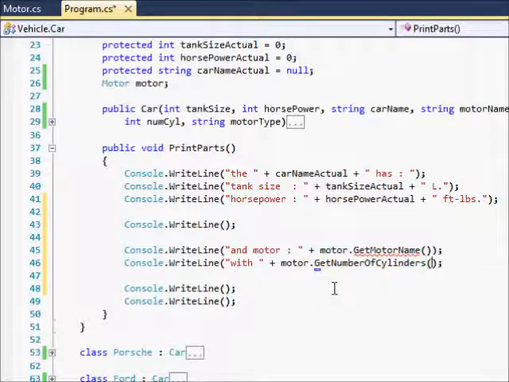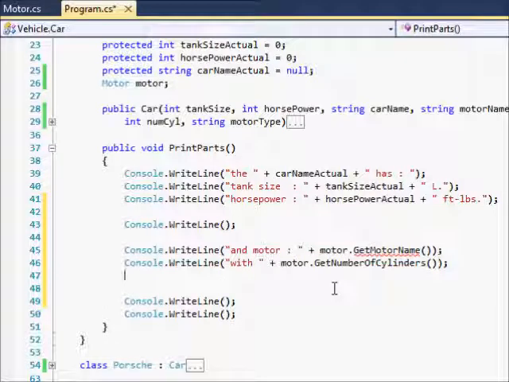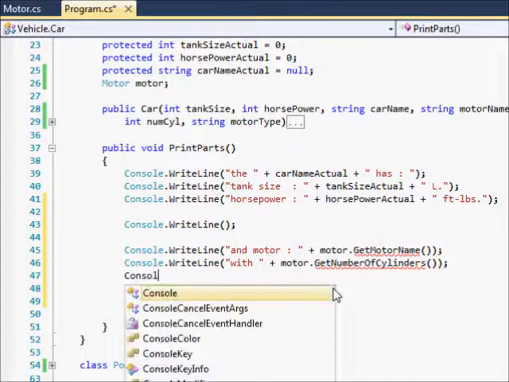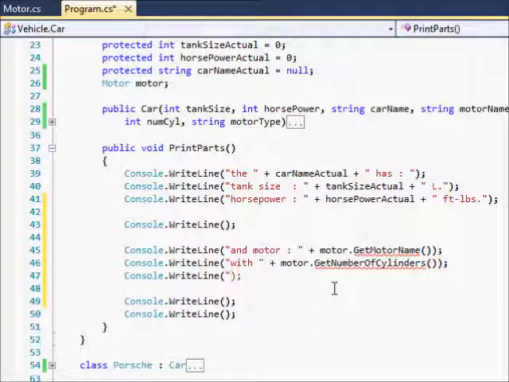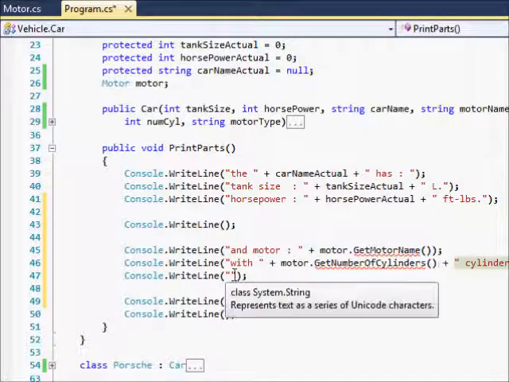cylinders. That's a longer method, but when I make variables, I like to make them abbreviated like numcil for number of cylinders, but when I make them into get or set methods, I like to actually write out all the words just so I can be clear with myself. I probably should do that with my variables too, since I'm not really worried about RAM, but whatever. With GetNumberOfCylinders plus cylinders